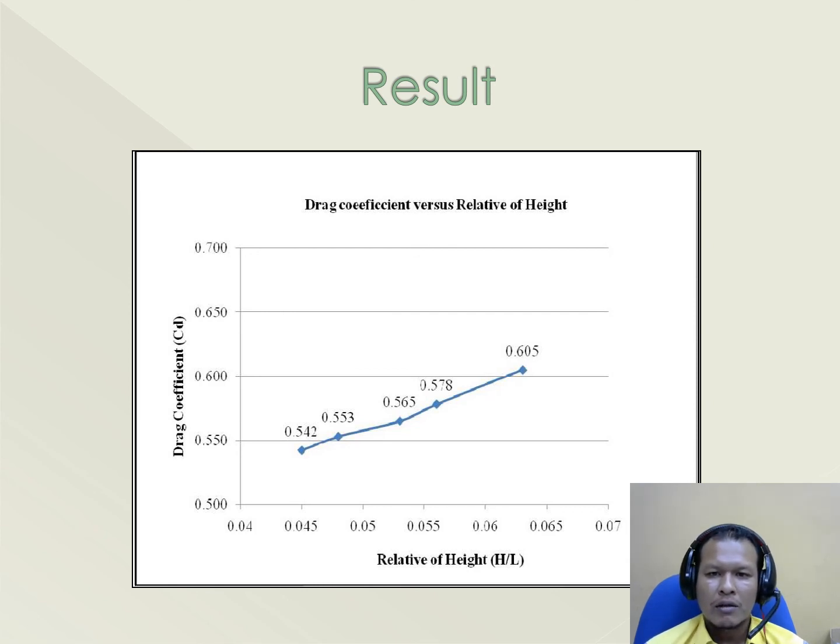Meaning the changing of ground clearance affects the value of the drag coefficient. This occurs because of the tire exposure when the ground clearance height is changing. When the ground clearance is increased, the area of the frontal wheel will be exposed, and the exposed wheel will produce a higher drag coefficient, or higher CD.